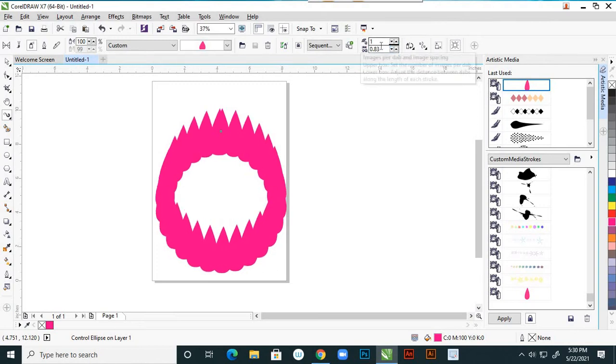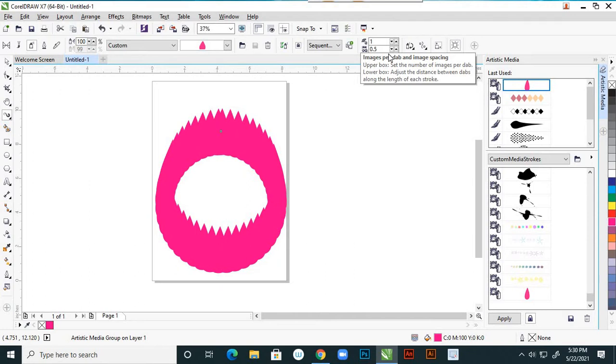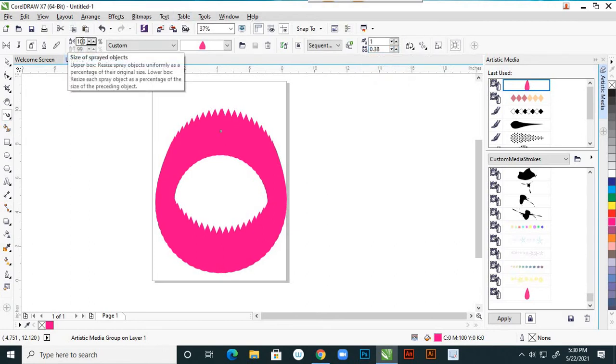Suppose here I want to give 5, yes, 5, 0.5. Here more or less I want to give, but at the same time you have to reduce the size of the sprayed objects because it is very big. So here reduce it.